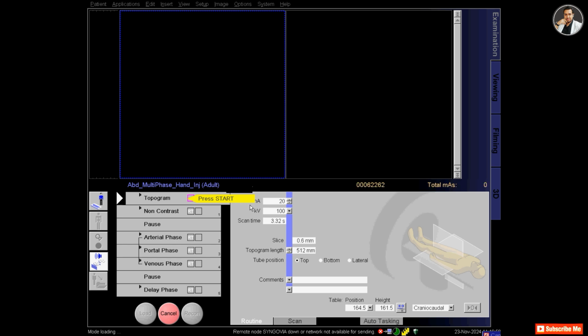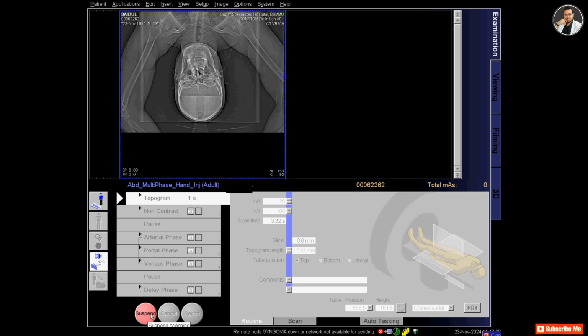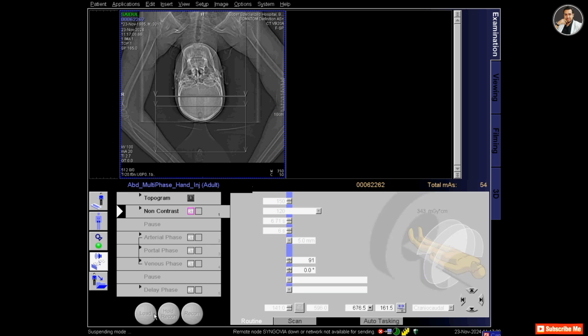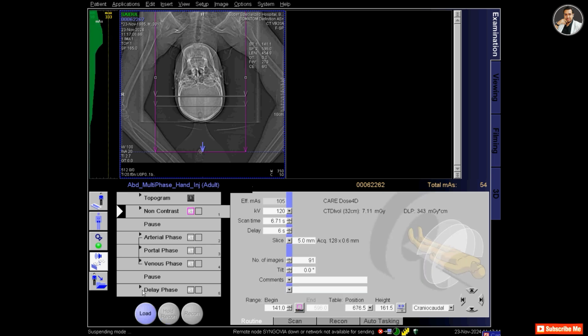For the topogram, press the start button from the control box and the scan will start. You can see that my topogram is upside down because the table moved outside from the center. That's why it gives an upside down topogram of the skull. So I made a mistake. I selected the patient positioning as feet first, but I positioned the patient head first supine. Or it was automatically selected, but I didn't change it.